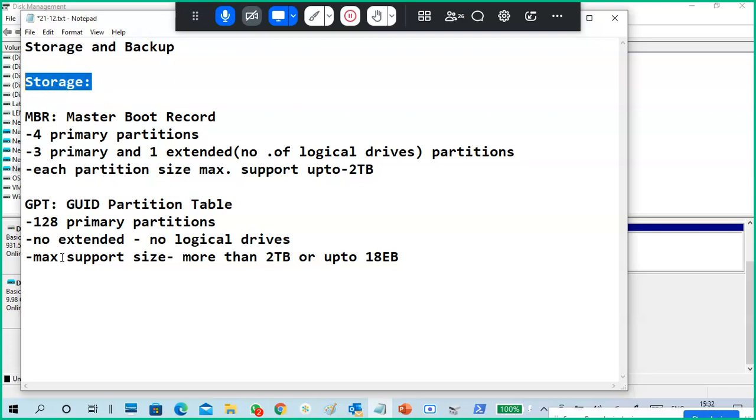In storage, the important point of storing data is that you have to store the data on a particular disk or somewhere, right? So what type of disk is it? Hard disk, MBR type of disk or GPT type. If it is MBR, how many primary partitions you can do, how many extended you can do, like that. Okay. So here, 2 points. One note point I will put: OS, means operating system, installs generally in primary partitions only.